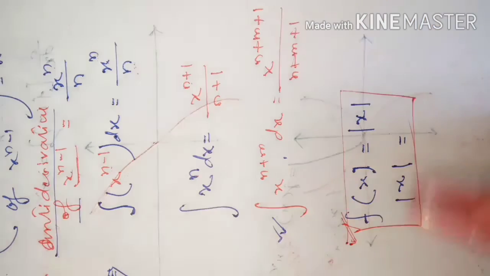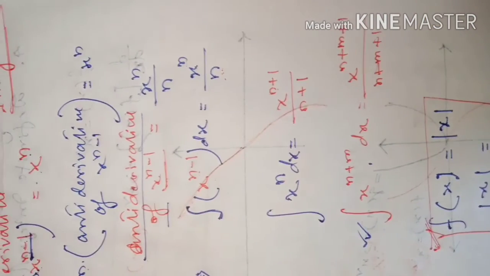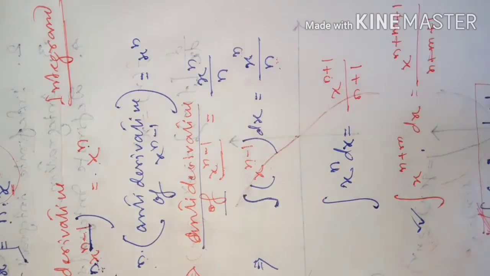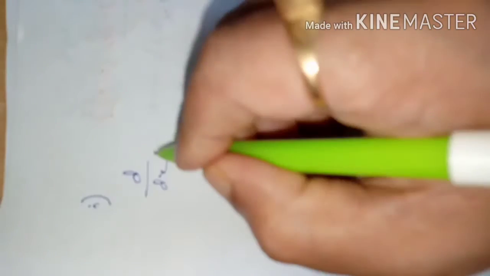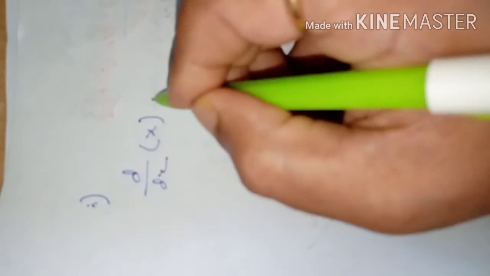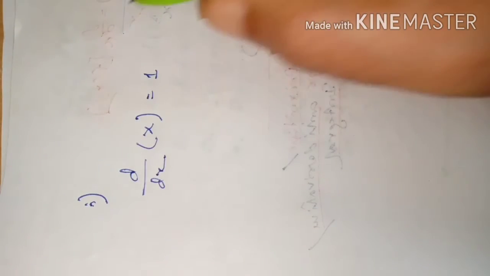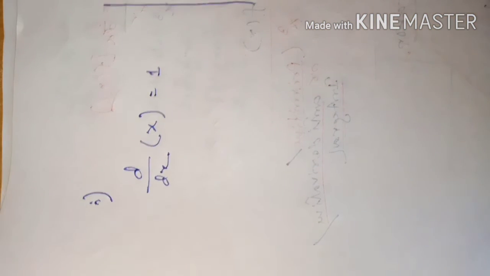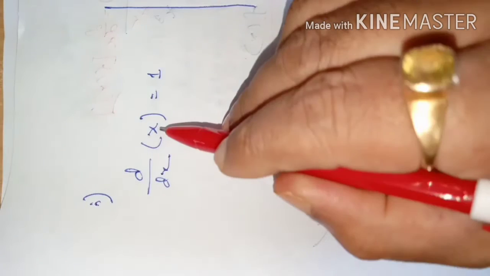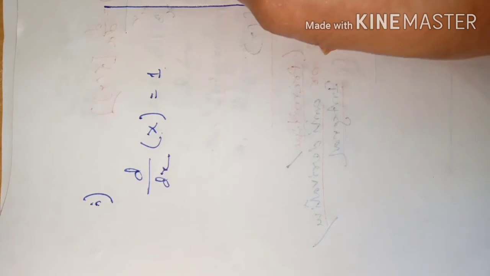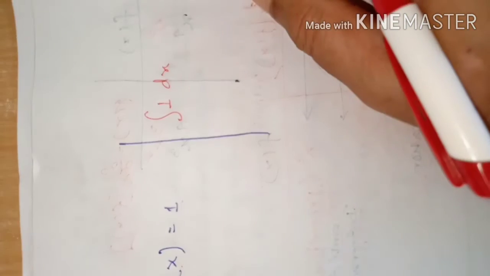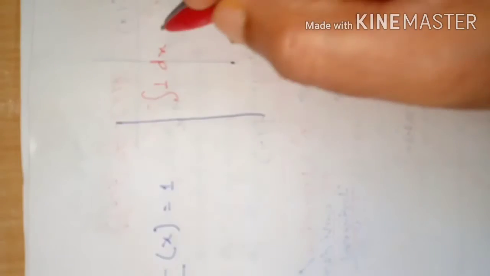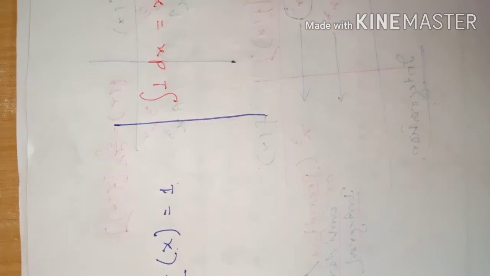Okay, dear students, so now there are the basic formulas for differentiation that we have learned so far. All those will be very much useful in our discussion. Suppose d/dx of x, you know that it is 1, then the antiderivative of 1 will be what? X, because if you differentiate x you get 1. That means if you integrate 1 with respect to x, dx, you should get what? X. So like that it is.